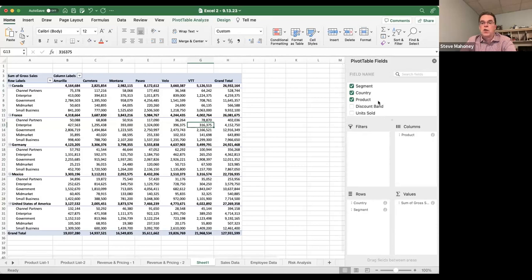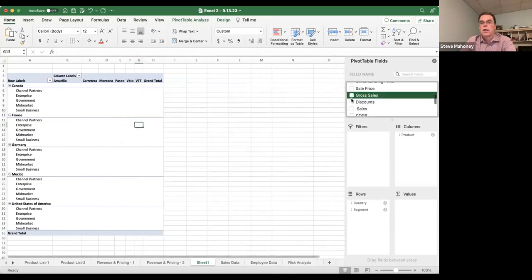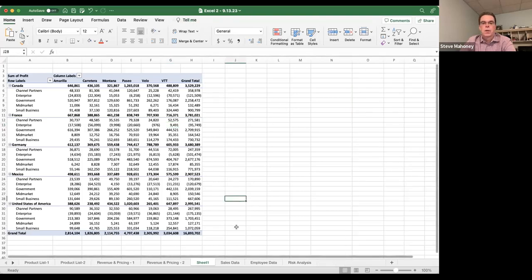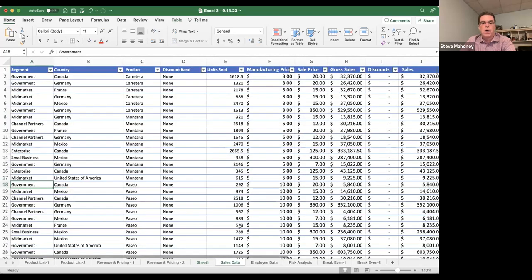If you decided that you wanted that to be profit and not sales, you can unclick gross sales and just click profit. And there you go. Your profit's there. So pivot tables take a little while to get used to. I'm still learning these over the years, but they can be a really powerful tool when you're working with a lot of data to try to figure out how to analyze it. So next on the list, we're going to talk about